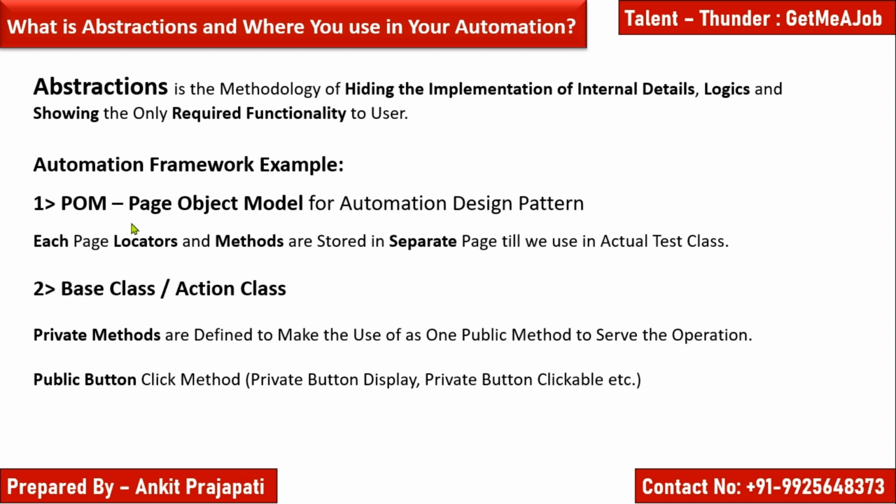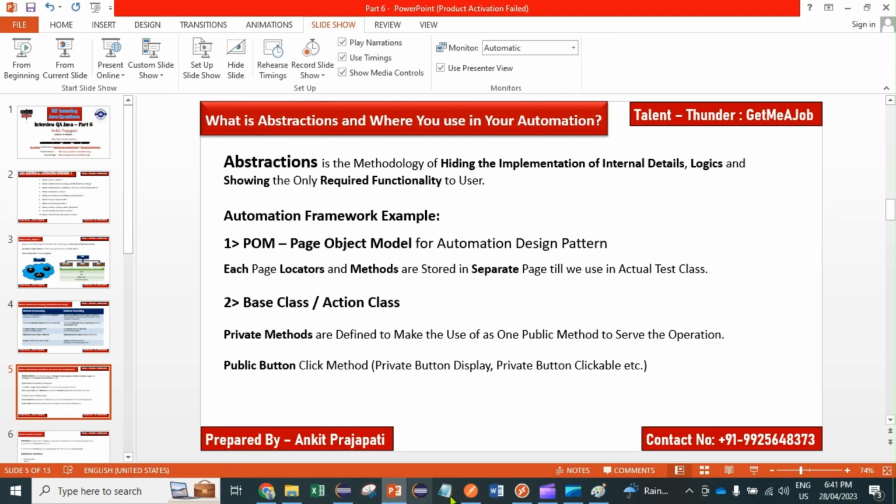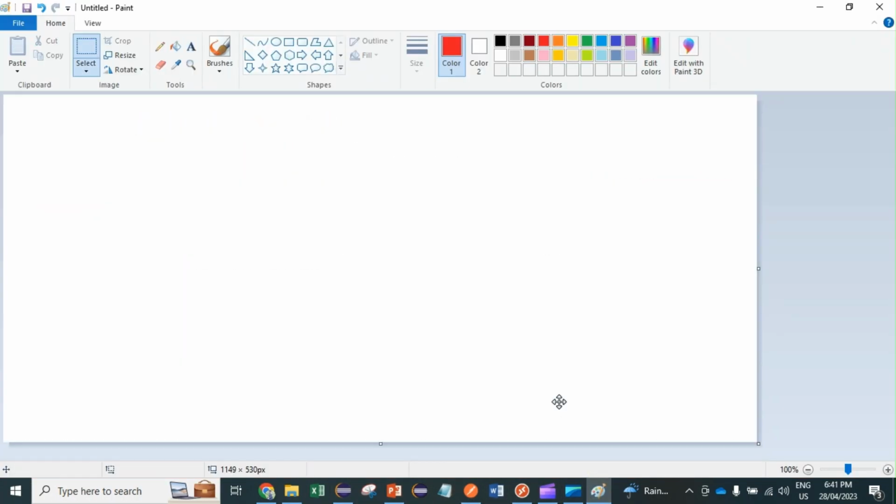So it depends on your framework. If you're working with the hybrid framework, then we define a few private methods to achieve one public method. So in my framework, when we create something, let's suppose we want to create a button, perform click on button. Before making that click event public, we always have a couple of private methods, like if the button is displayed or not, if the button is clickable or not. So these two private methods will come under the public method. Okay. So how is it going to work? This is what we normally follow.